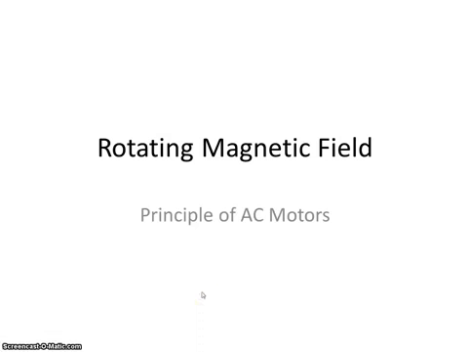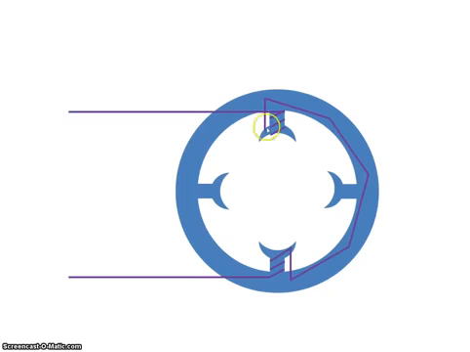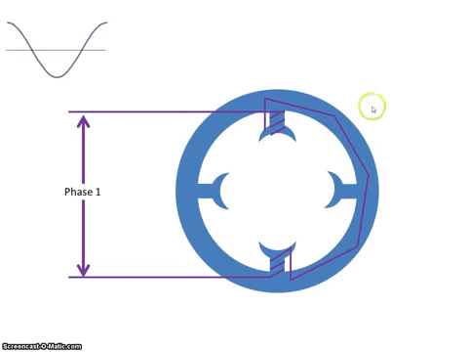In this screencast, we're going to look at the principle of the AC motor, and in particular we're going to look at the rotating magnetic field. So if I have a stator of a motor, and if I put some windings around it, and I apply a phase, okay, so let's say it has a phase like that,